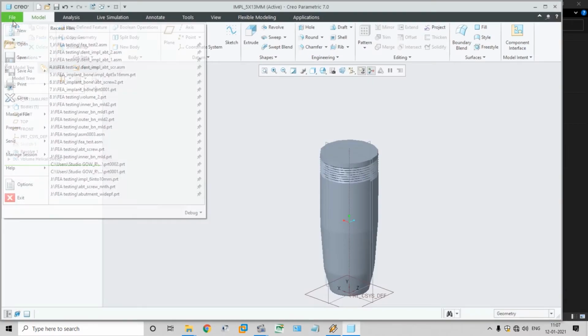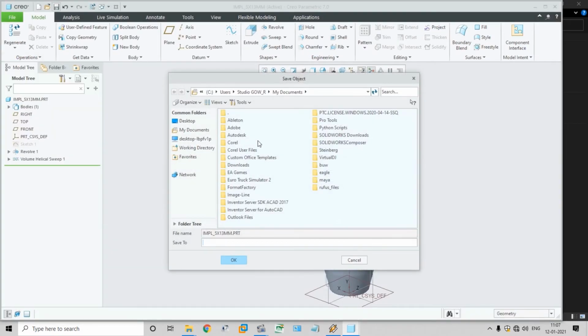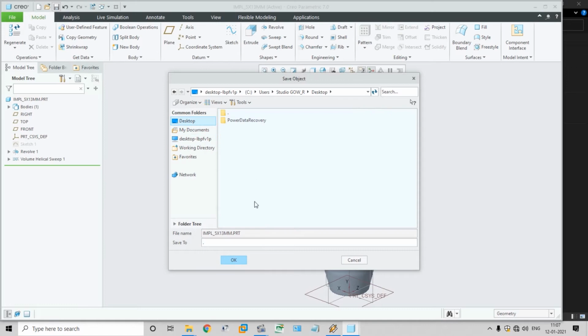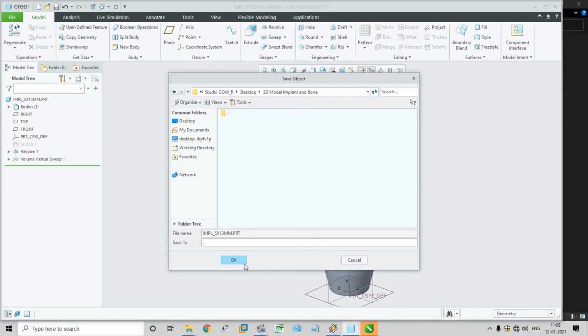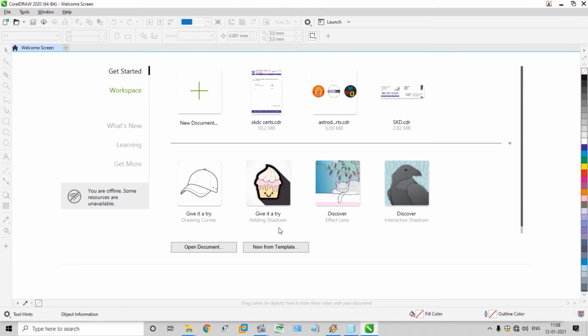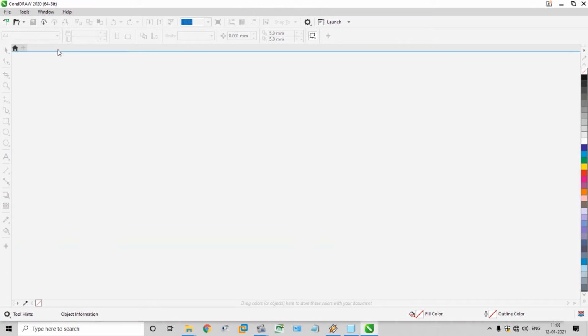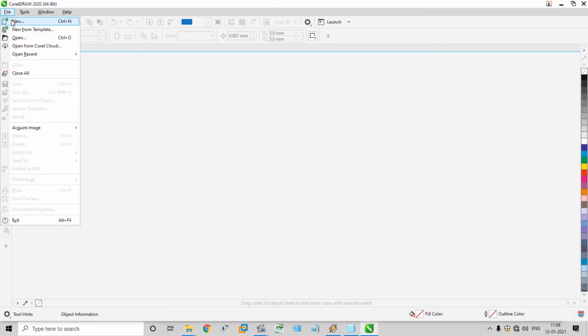I want to save this file. Before that, save on the desktop, create a folder, 3D model, implant and bone. Okay, save it here. So CorelDRAW graphic software, new file,